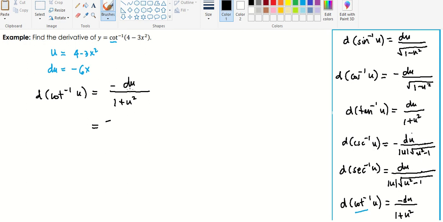So we have du, which is negative 6x over 1 plus u squared. So our u here is 4 minus 3x squared. Okay? Huwag kalimutan yung square. So negative times negative 6x, we will get positive 6x over 1 plus,